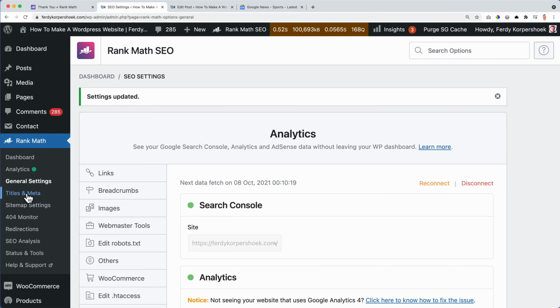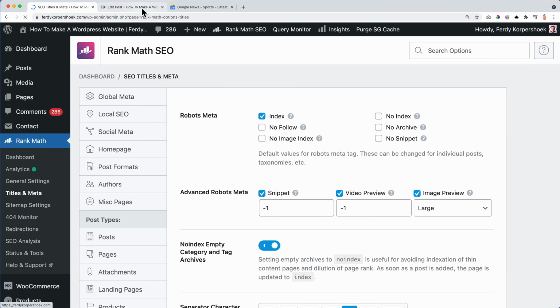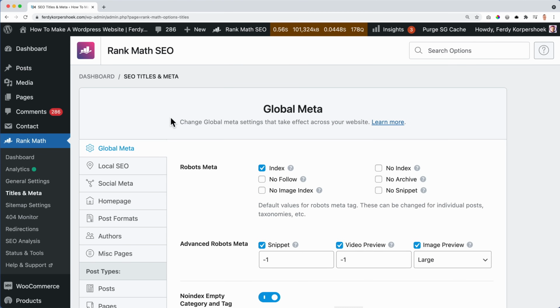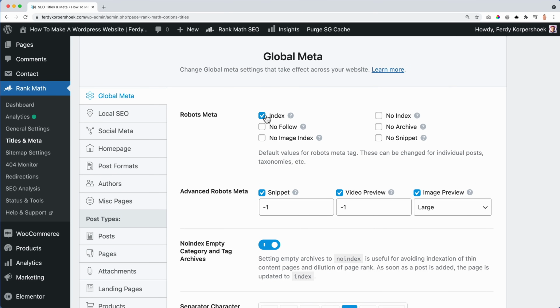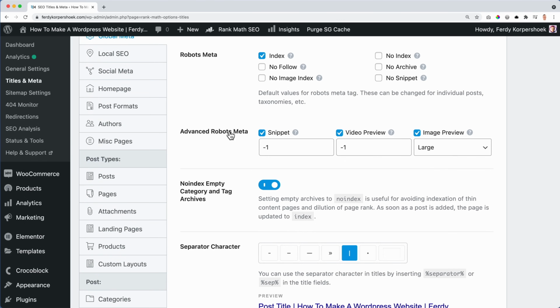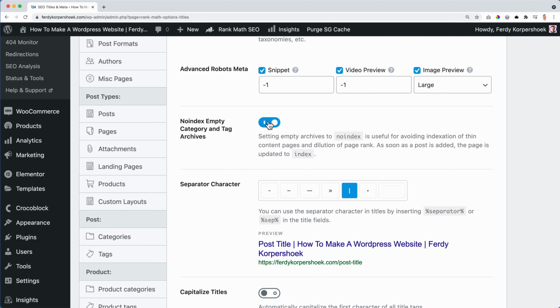Now it's time to take a look at the titles and metadata. I will close this and this and this. So over here at global meta, we see some settings. The first one is robots meta. And all the index files, all the files we want to show to the world should be indexed by robots. So by Google, by Bing, other search engines. So it turns off, and the rest of them, I leave them off. Advanced robots meta, you need to make a calculation with pi and stuff. Now, this is just okay as it is. We don't need to do anything about it. If you want to know more about it, you can hover over it. Also, leave this one checked.